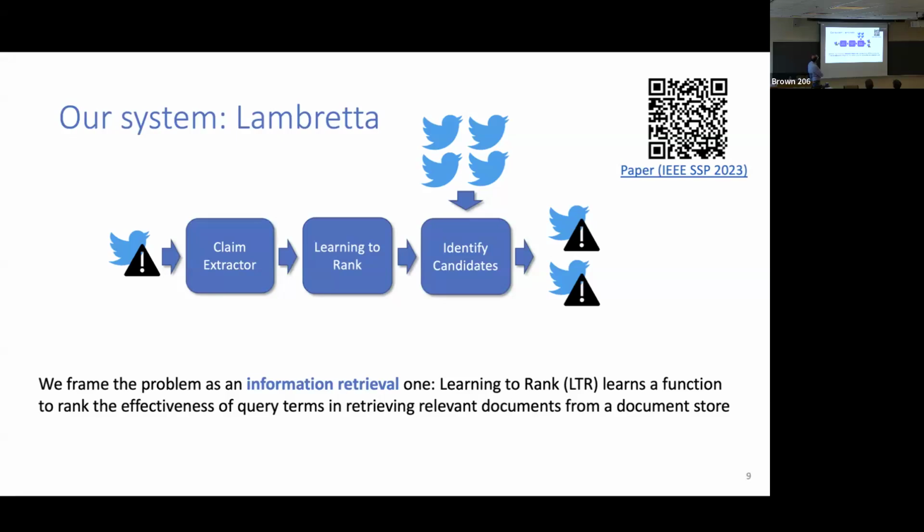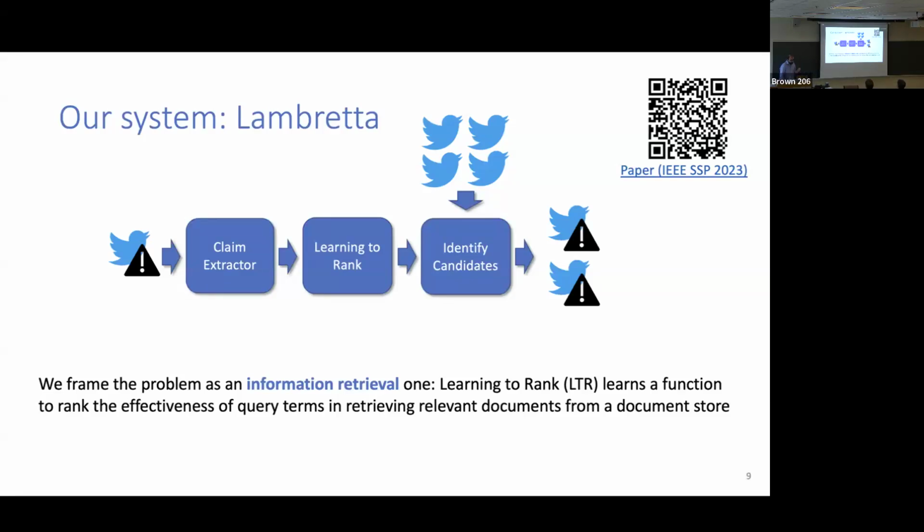So we developed this system called Lambretta, where we have a tweet that was moderated by Twitter. We have a set of tweets that we don't know anything about, and our goal is to come up with more candidates for moderation as accurately as possible. And this was published at IEEE Security and Privacy